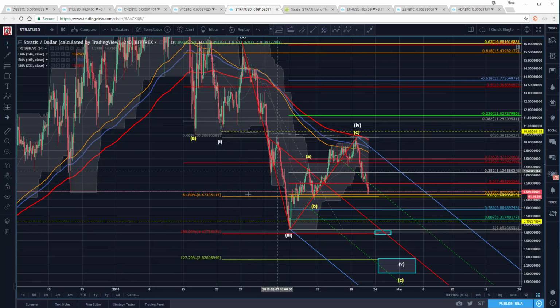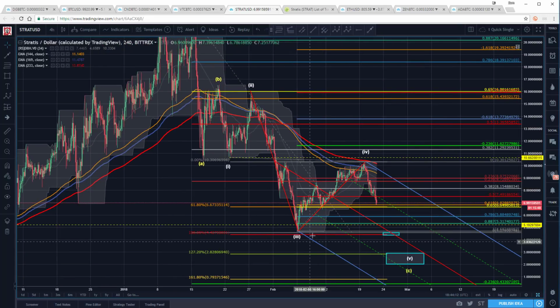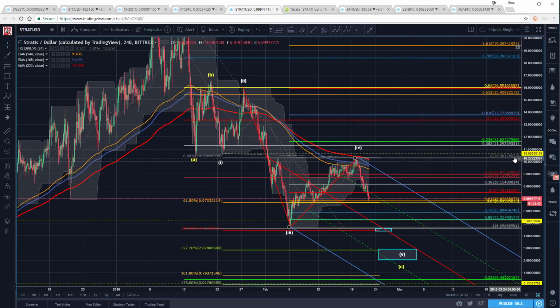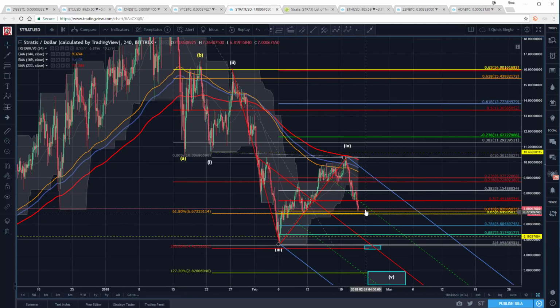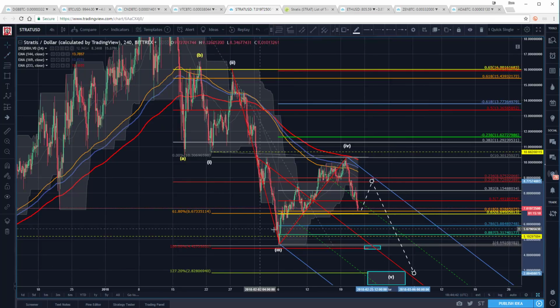Now, could we have something else on our hands? Is it possible that we've got this counted incorrectly, and that this ends up being our hard low, and we've got a 1, 2, 3, 4, 5 into that? It looks less likely, but if this holds, and right now it's just algorithms kicking in to try and defend it because they don't care about an Elliott wave. They're just trading the pivots, right? If this does hold, well then, it's too soon to call that a 1-2. It's just too soon, because it would just be sitting there, ready to do that.